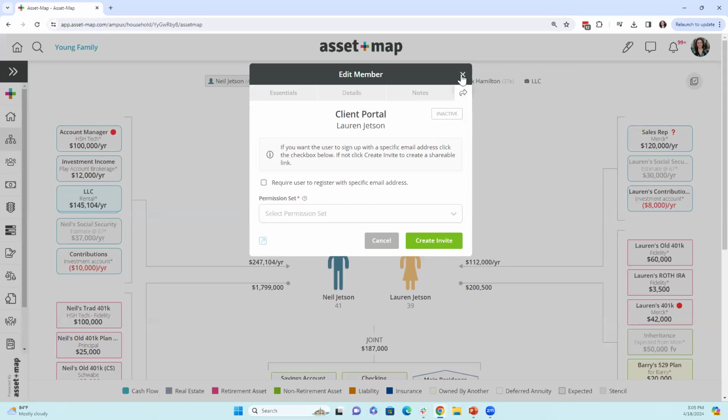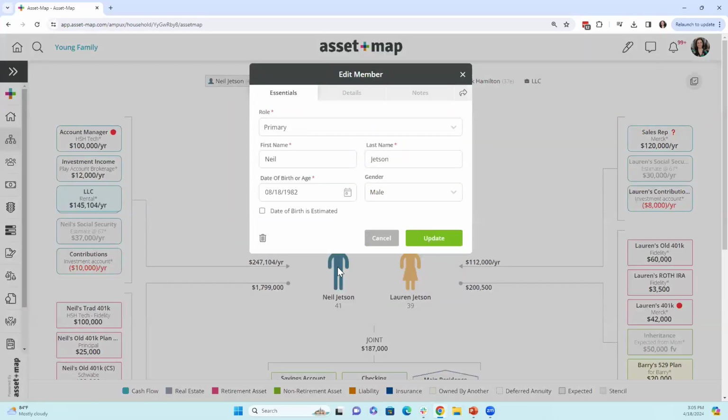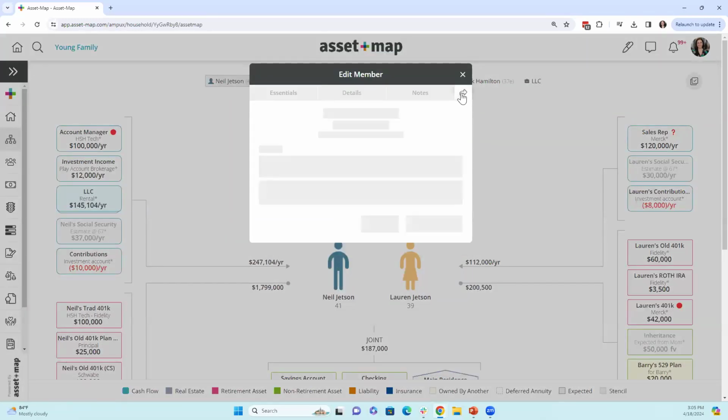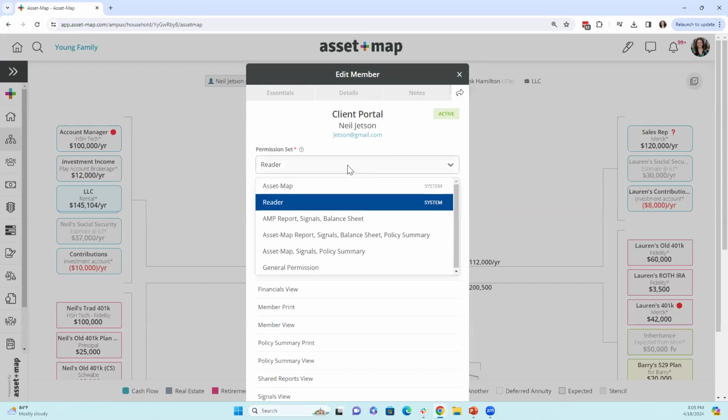But here's the thing. I'm going to start with the primary, and I'm just going to show you this quickly, that even though in this primary, in the Client Portal section, technically he's already successfully set up his Client Portal, I can change the permission set at any time. So that's actually where I'd like to start today: I want to talk about what we can even give our clients access to